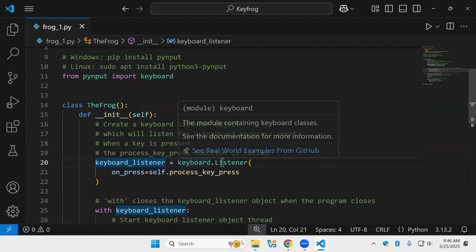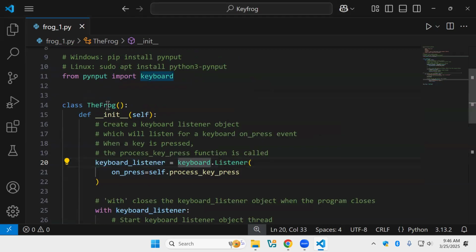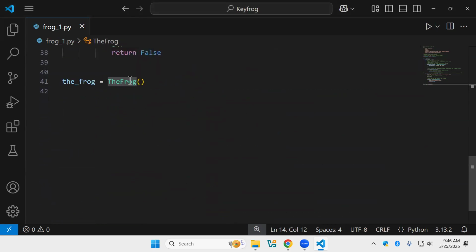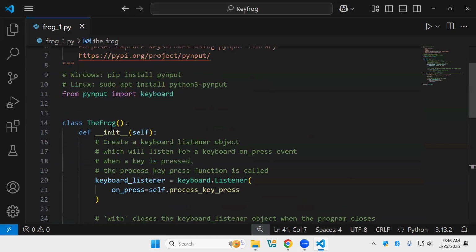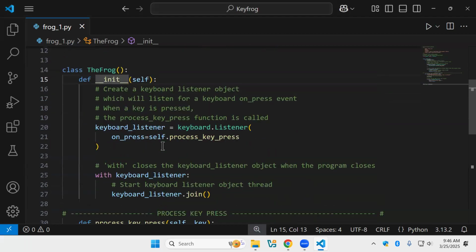So as I mentioned earlier, when you have a class, this is how you create the class. Sorry, this takes the class and uses it as a cookie cutter to create an object, which is stored in what's called a reference. When this is used to create an object, the init method runs automatically. When our init method runs,